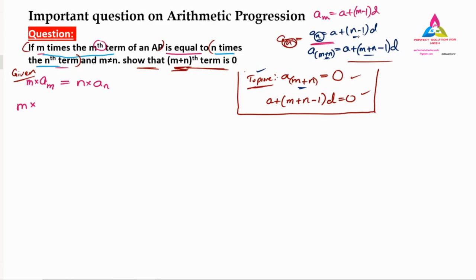Yes, similar thing I will write down here. A plus, instead of n we have m, so m minus 1 into d is equal to n as it is. What is an? An formula you know already, that you can write on into, or you can write this one in a bracket. Here I will put the bracket. Here also a plus n minus 1 into d. What is the symbol they have given? That symbol only we have to use. Here they have used m, so I have written here m. Here they have used n, so I have written here n. That's all. Now we will multiply.